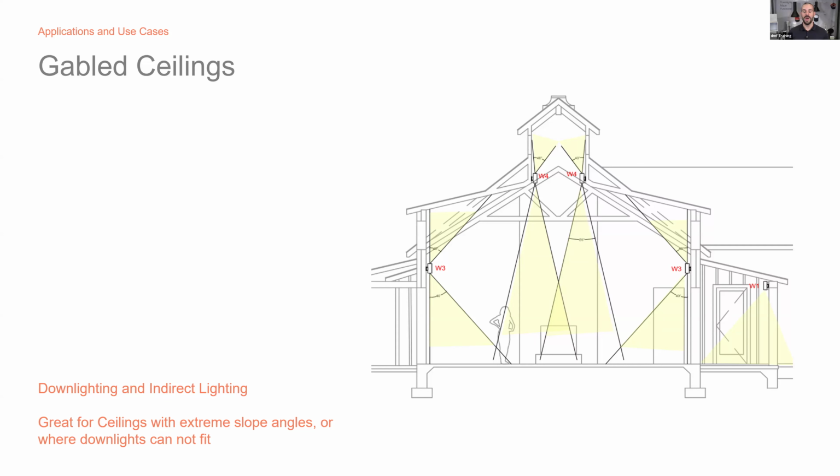All those sorts of options can really work to give you, again, the downlighting effect that you need, as well as maybe even some additional indirect lighting up to the ceiling. And they can also be used in a more aesthetic approach to highlight architectural details if you're doing more of a narrow beam angle or something like that. So great option for these types of projects, and this obviously extends beyond the residential into other more